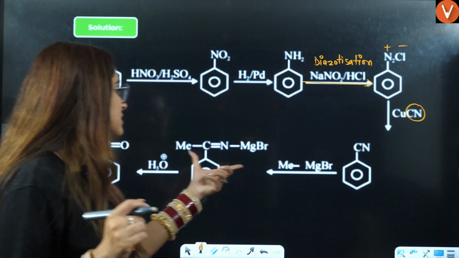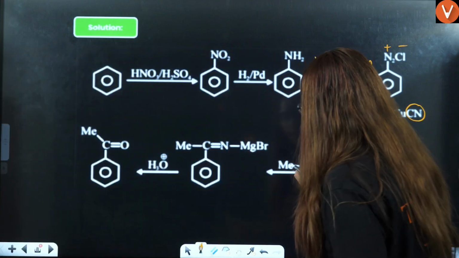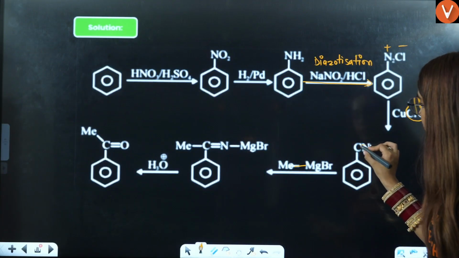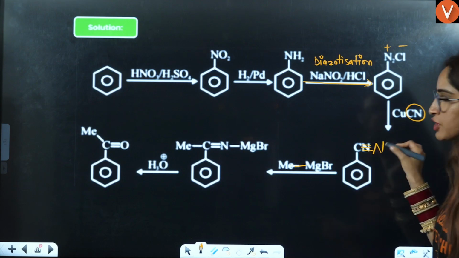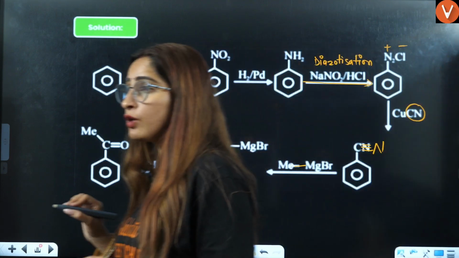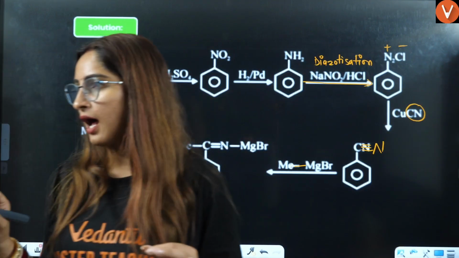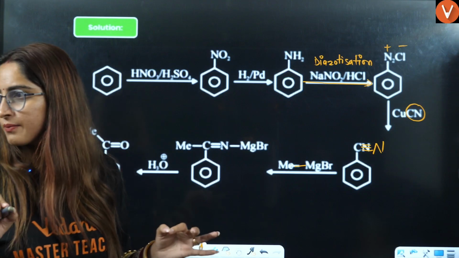Now, after this, a very important point is that when you react this with a Grignard reagent, here you have C triple bond N, right? When you react this with a Grignard reagent,